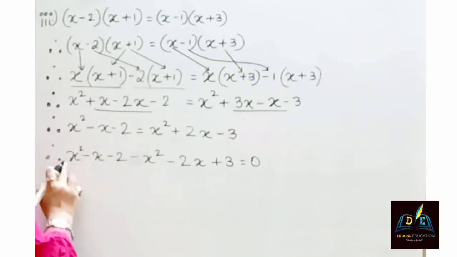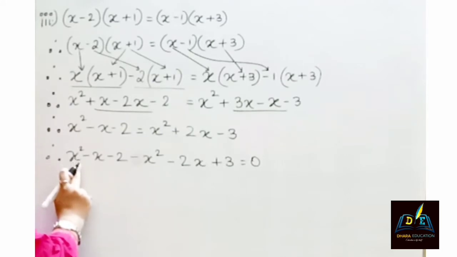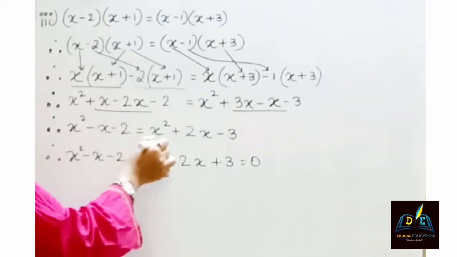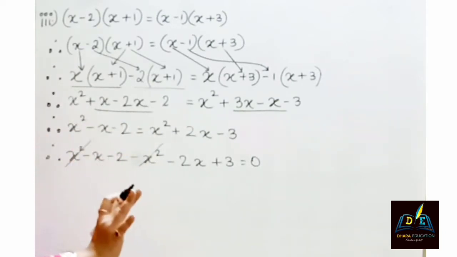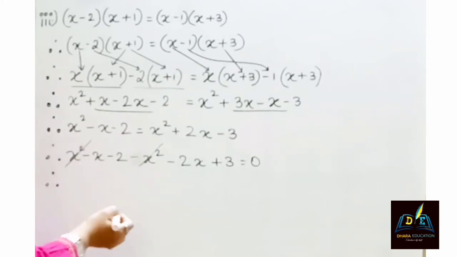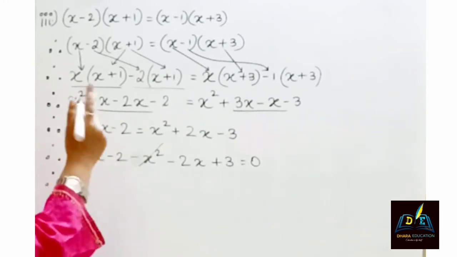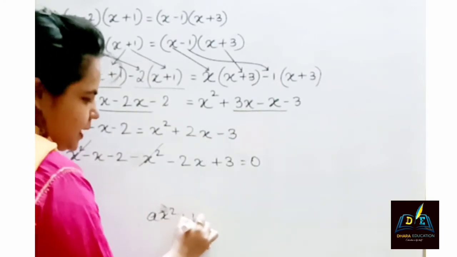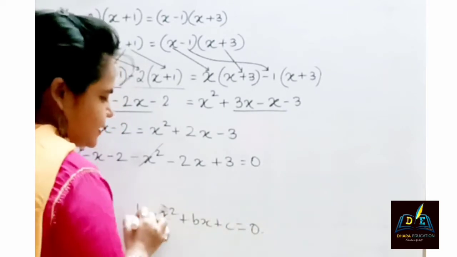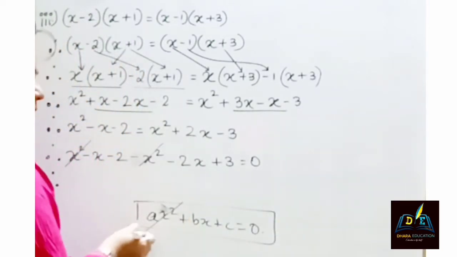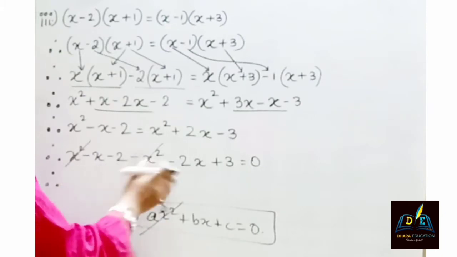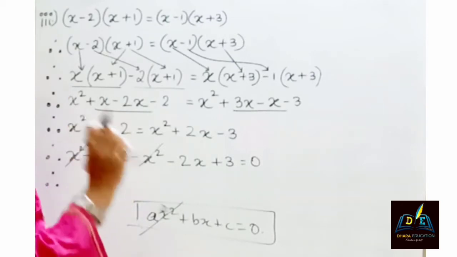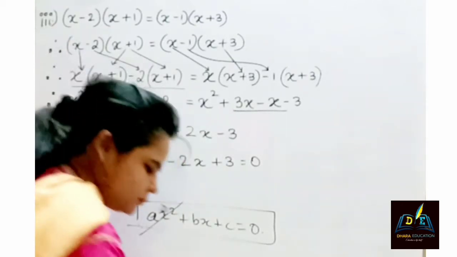As you can see, plus x square is there and here minus x square is there. Like terms with a different sign, we have to cancel them. That's it. Then what will be the next step? We need to understand the second term. Ax square plus bx plus c is equals to 0 is our standard form, right? Over here we have already dealt with the ax square, so there is no x square. Now bx. With the single variable we need to understand.